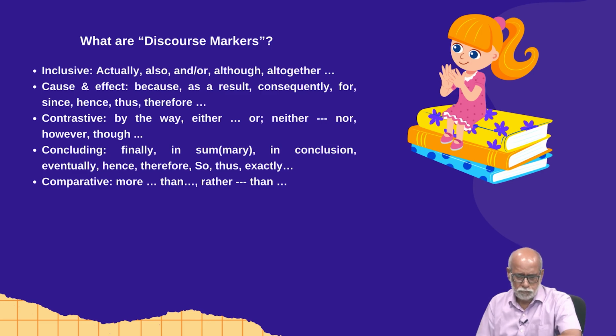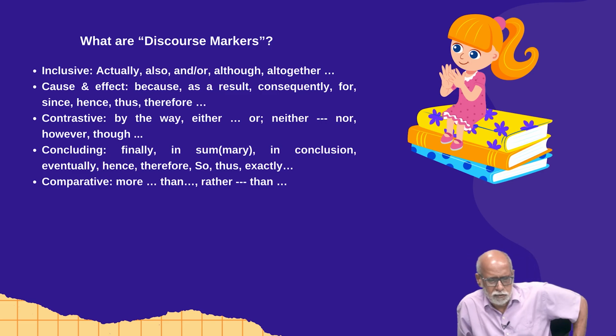Therefore, we use words in an order, and to relate these words with one another, we use cohesive devices and coherence devices. So, those devices that join sentences with one another, or big clauses within a sentence with one another, are known in the literature of language teaching as